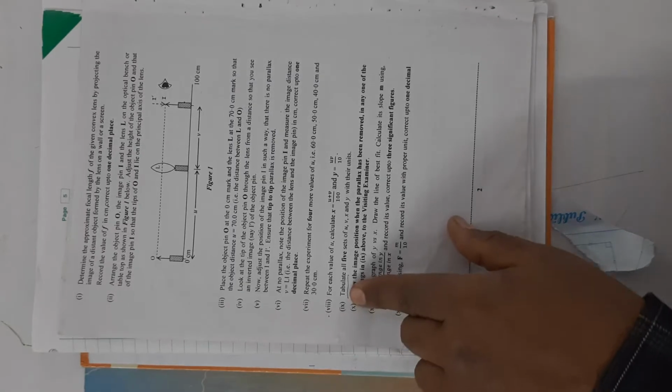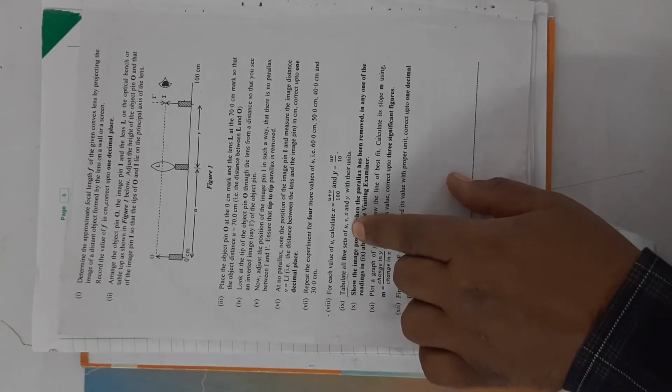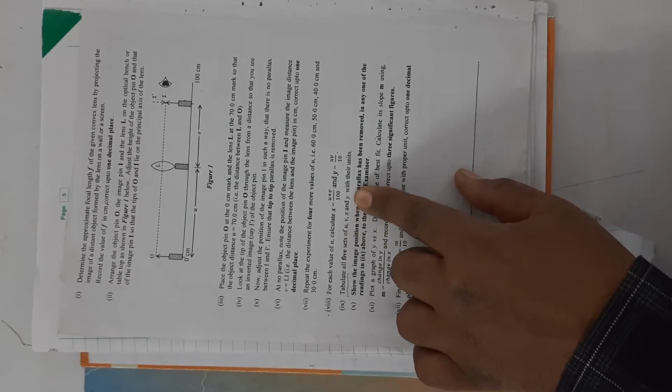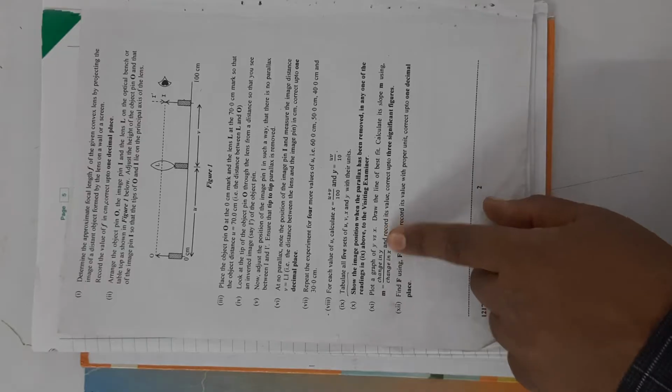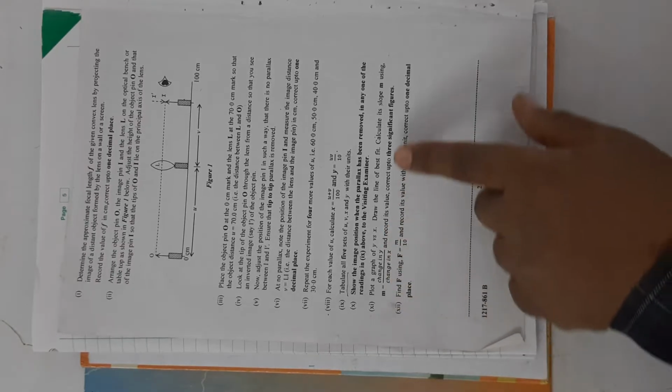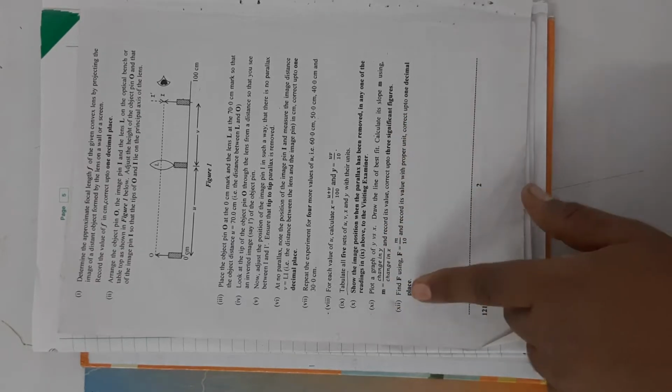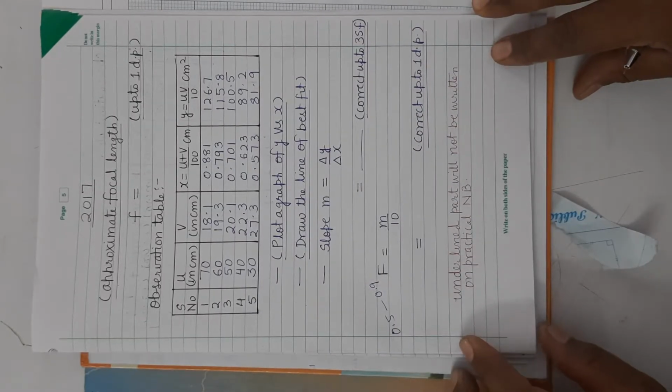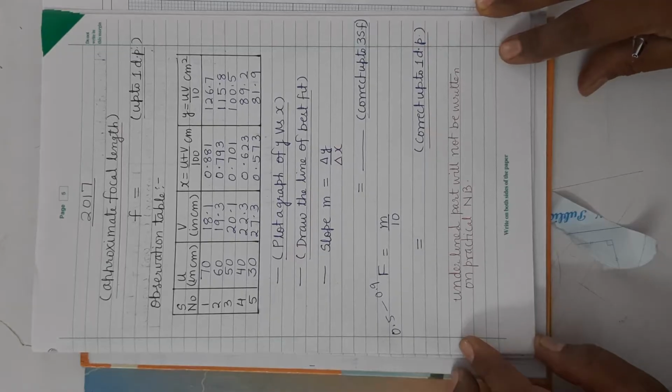Then we have to tabulate, that is, make a table consisting of 4 columns, one for u, one for v, one for x and one for y. Then you have to draw a graph of y versus x, determine its slope m up to 3 significant figures, and then capital F. Nothing has been mentioned about the intercept, that is, determine y when x equals 0. So we can change the origin.